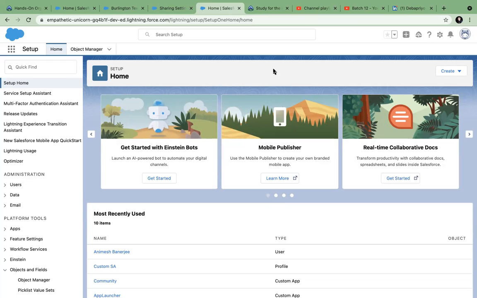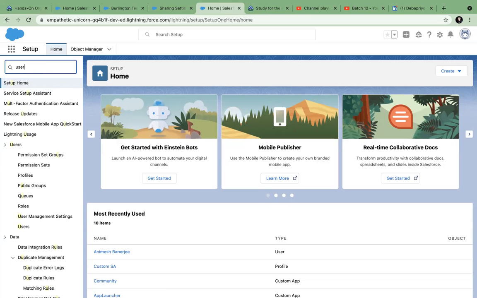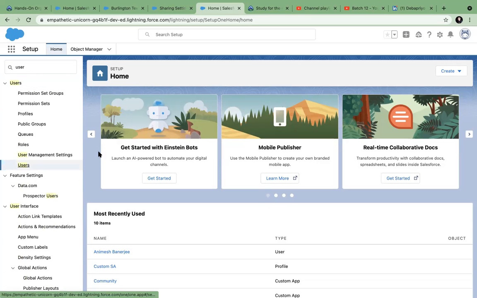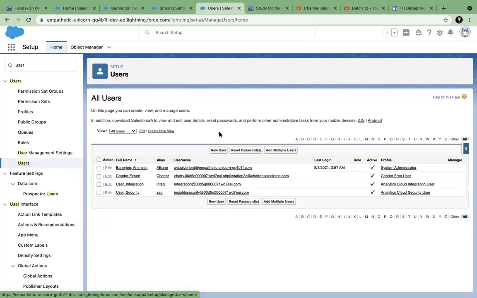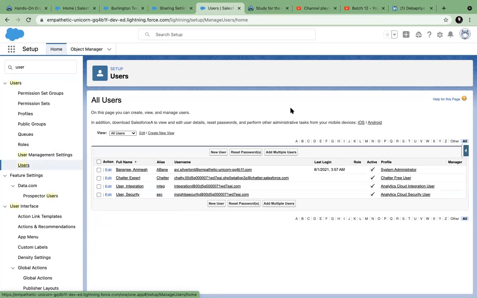Okay, but the user has what kind of access? Only object level security or? Admin is also a user. No, just like we have a US user. So what security does the user have? It depends on the profile, depends on which profile he has. Yeah, but you are talking about three securities, right?